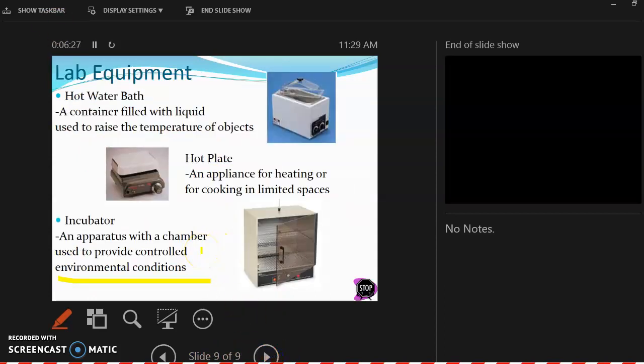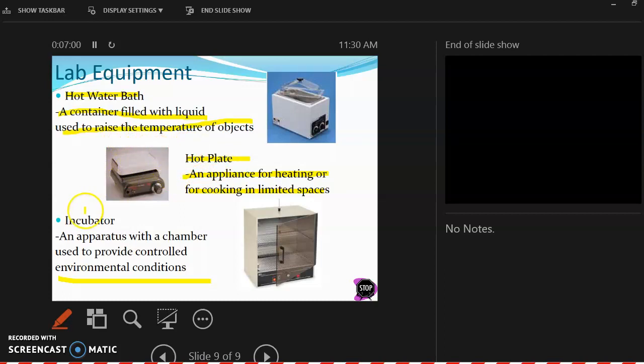And last but not least, a hot water bath. We don't really see these anymore. It is a container filled with liquid used to raise the temperature of objects. A hot plate is an appliance for heating or for cooking in limited spaces. You're in a science classroom, you're going to use this for heating. Maybe you'll sit your beaker up on top of it. Maybe you're trying to heat up something, and that's where you'll sit your beaker, like right here,